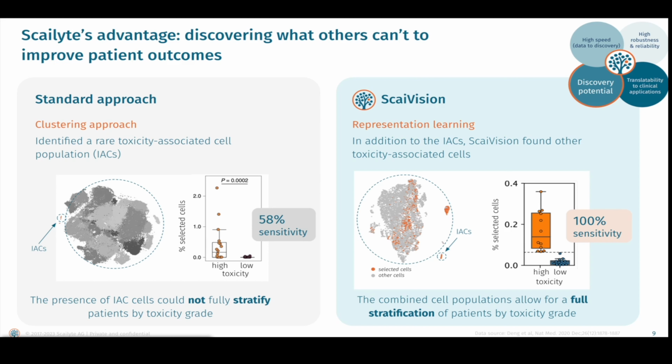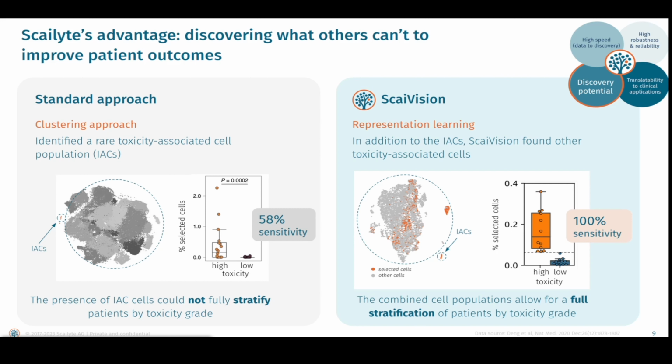We fed the single-cell RNA sequencing data together with the neurotoxicity endpoint information, and by using representation learning, ScaiVision learned from each cell separately which profile corresponds to patients that would develop high or low-grade toxicity. It identified the same population of IACs as described by the authors, but in addition, it included cells from the CD4 and CD8 compartment, which together comprised a more complex signature, which was able to stratify high versus low-grade toxicity